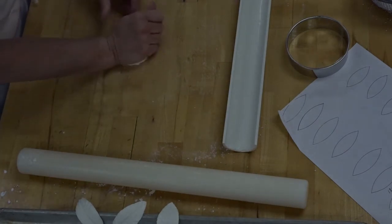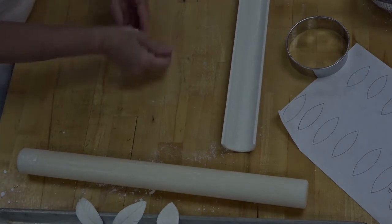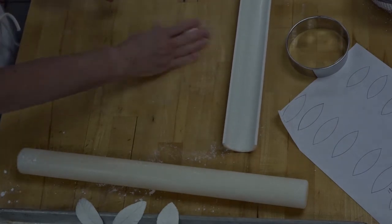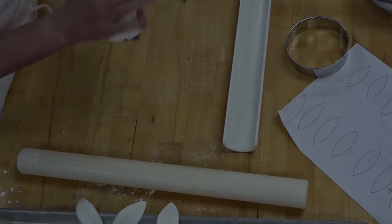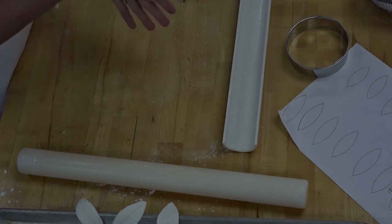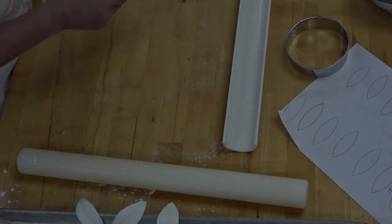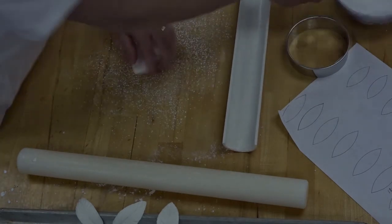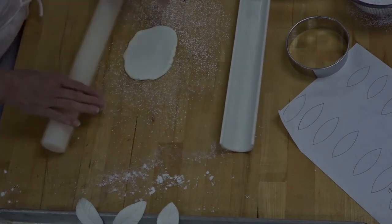All right, so I showed you how to do leaves. For petals, for our flower petals, it's the same general idea. I warmed this pastillage, this is a very small piece. I warmed it in the microwave for like 6 or 7 seconds, so it really doesn't take very long. And I'm just kneading it, making sure that it's nice and smooth. I'm going to lightly dust my table. I'm going to again roll this to be super thin,